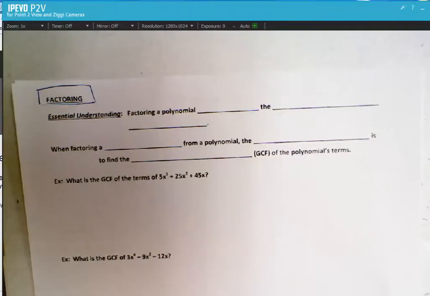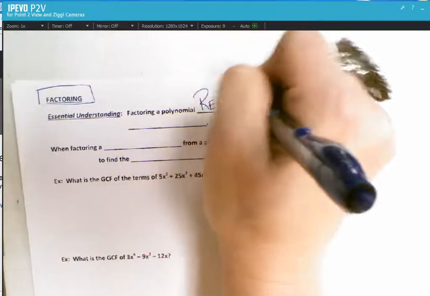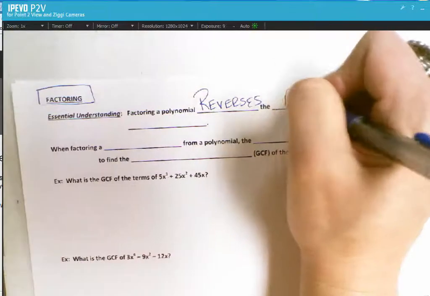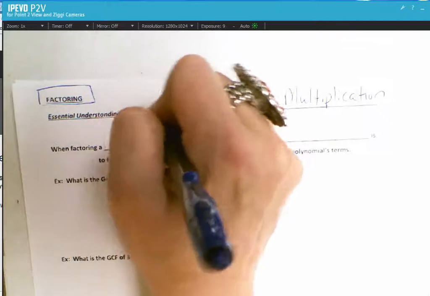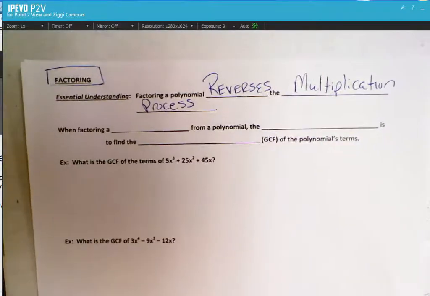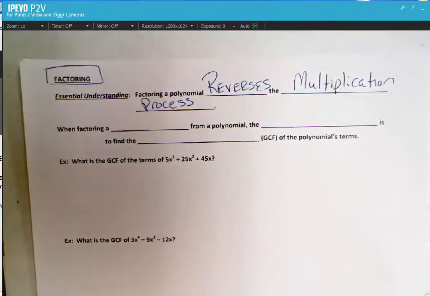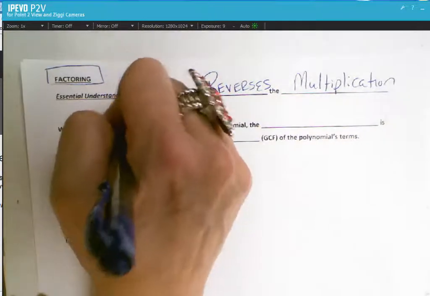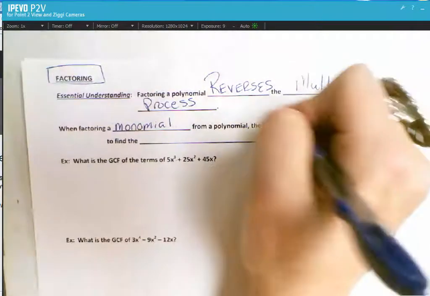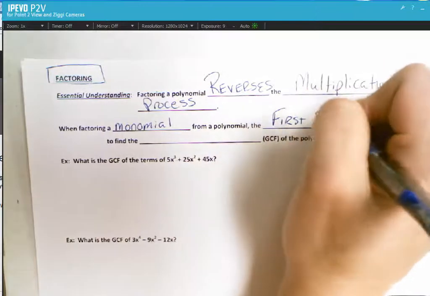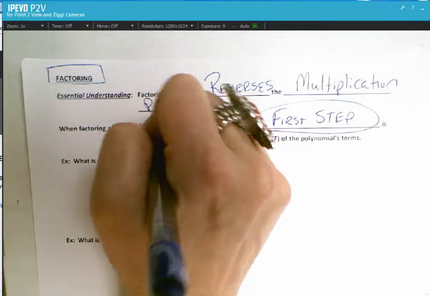So factoring a polynomial just reverses the multiplication process. It's reversing our distribution. We're going backwards instead. Before we were distributing the term in, now we're trying to figure out what that term was that we distributed and pulling it back out. So when you are factoring a monomial from a polynomial, the first step, circle it, highlight it, what you need to do is to find the greatest